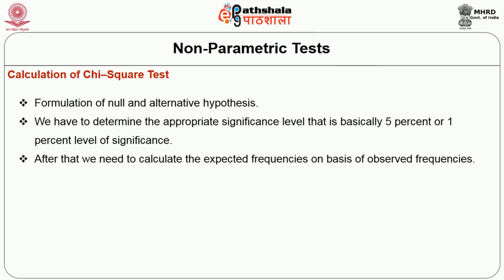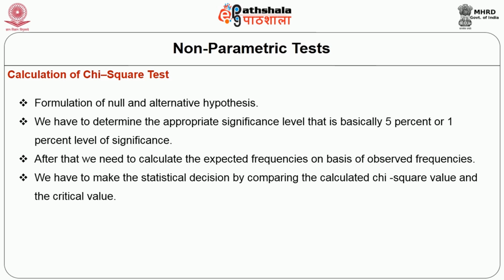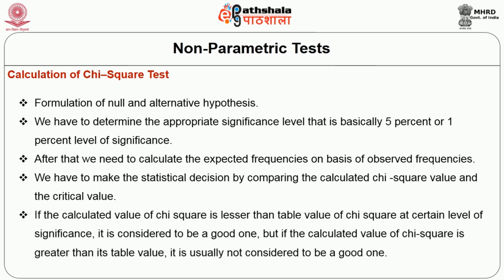After that, we need to calculate the expected frequencies on the basis of observed frequencies. Next, we have to make the statistical decisions by comparing the calculated chi-square value and the critical value. If the calculated value of chi-square is less than the table value of chi-square at certain level of significance, it is considered to be a good one. But if the calculated value of chi-square is greater than its table value, it is usually not considered to be